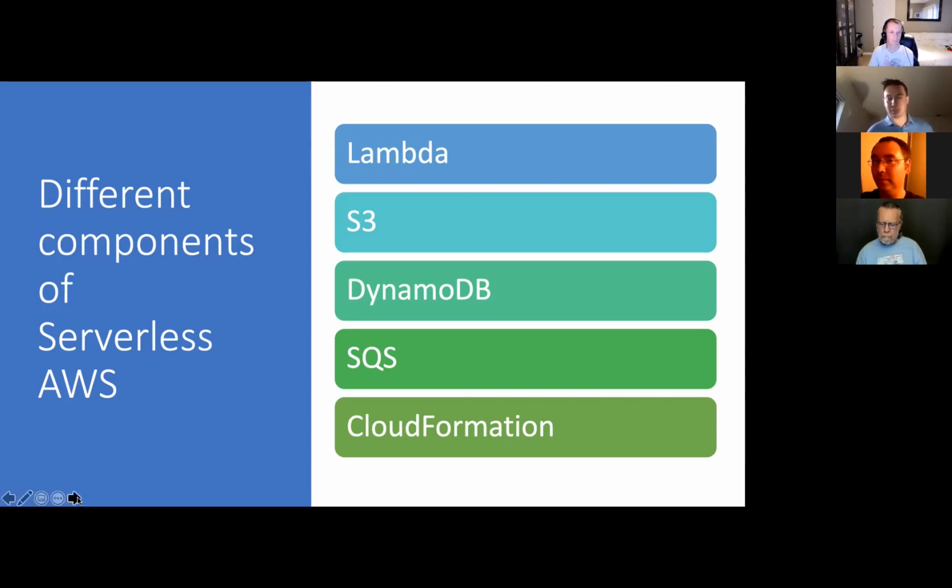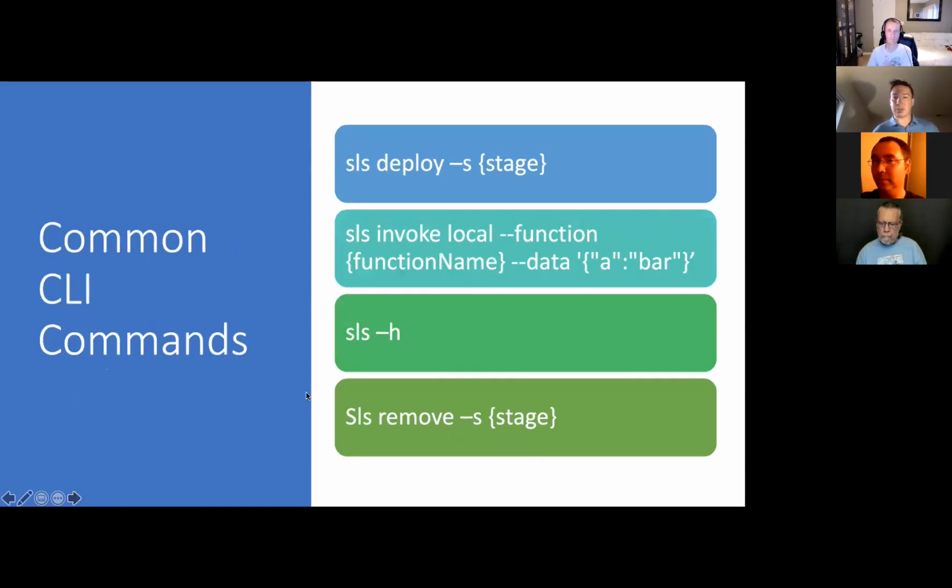It works pretty similar across other cloud providers, but again, I'm mostly focusing on AWS for this talk. These are some common commands you're probably going to want to use for a serverless application framework. The first one is SLS deploy, and then you do -s for your stage name. So a stage name, you might do staging or development. And this is like a prefix that gets moved to all of your functions and resources and S3 buckets. It's a way to identify if you're doing blue-green deployment, you could have a different stage name for deployment.